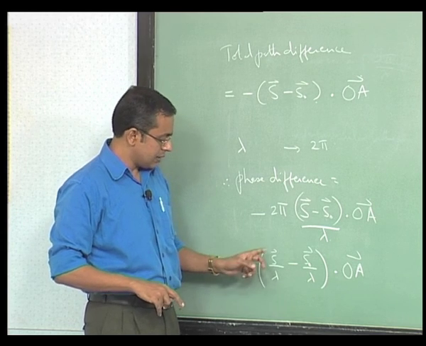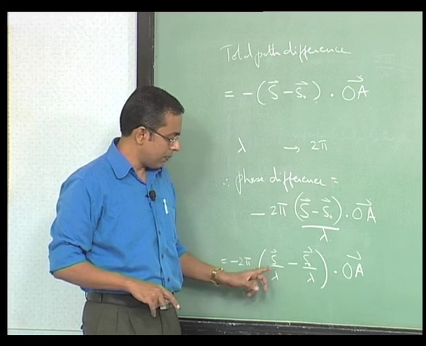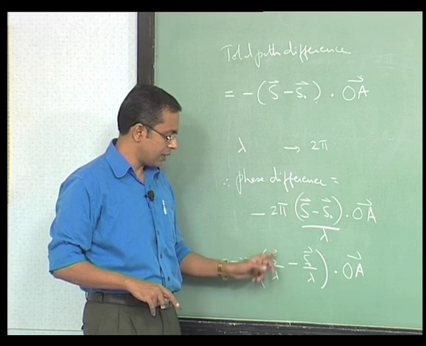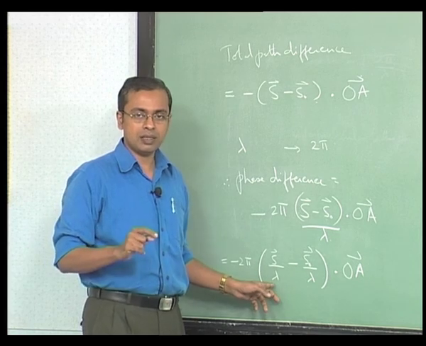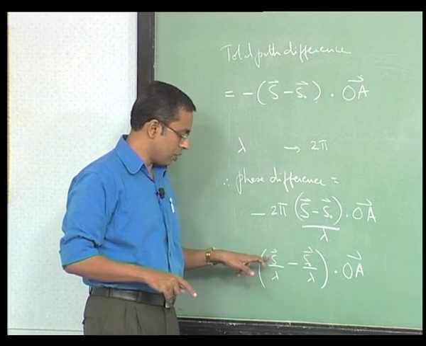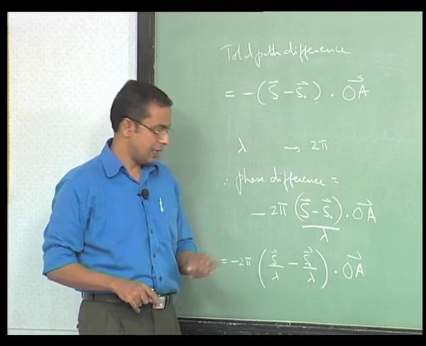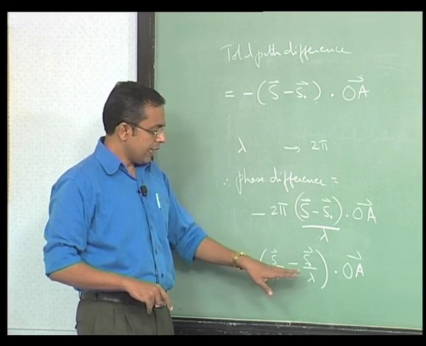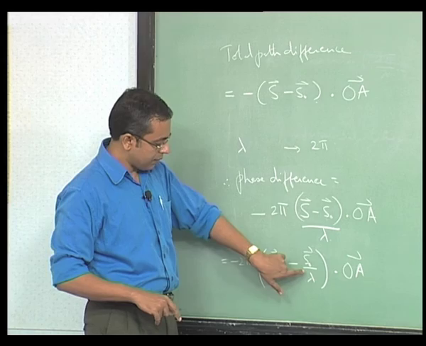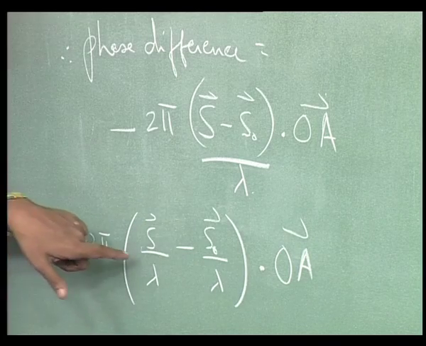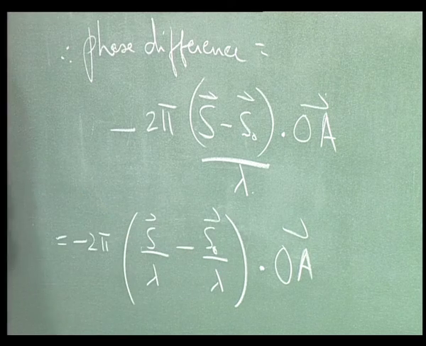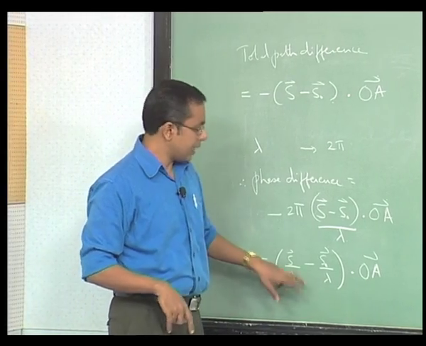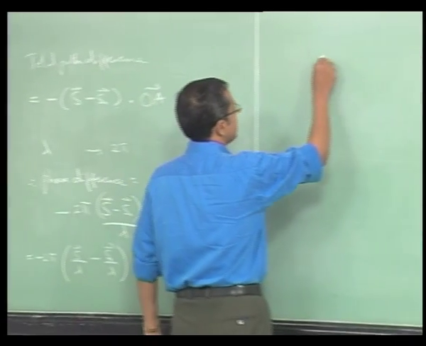Same thing is true here, this is also a direction and this is 1 by lambda. So in terms of the magnitude, in terms of its dimensions, it is correct for reciprocal space representation because it has got both a direction as well as a 1 by length designation. So this is a vector in reciprocal space, this is a vector in reciprocal space, fine. Therefore this difference between these two vectors is also going to be a vector in reciprocal space, fine. So right now, therefore, what we can say is